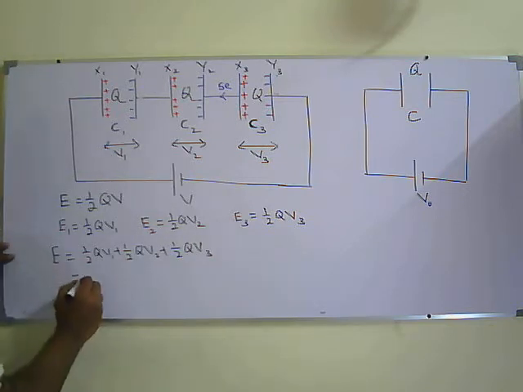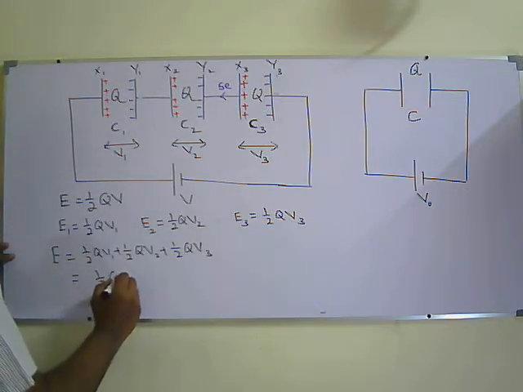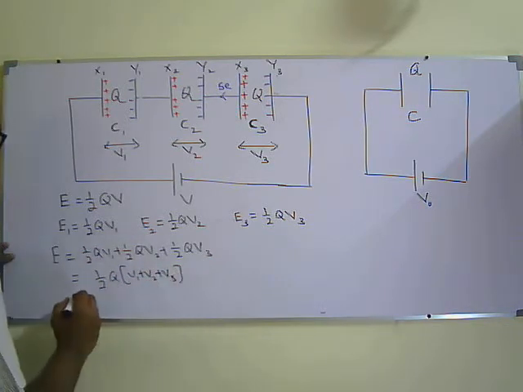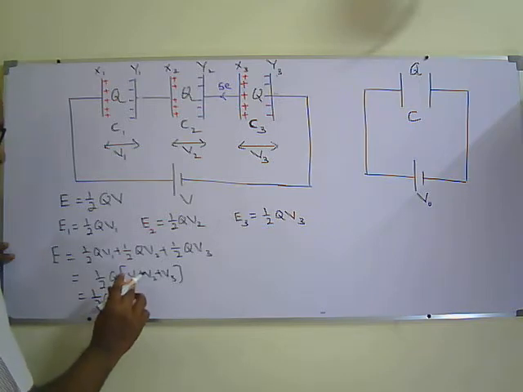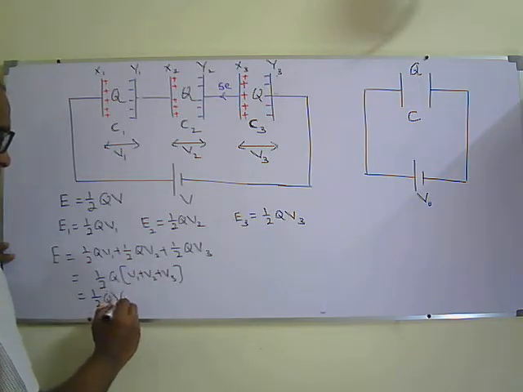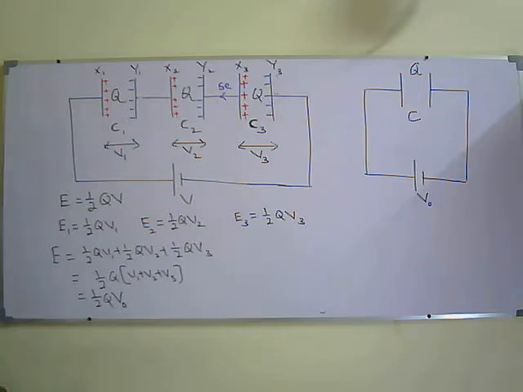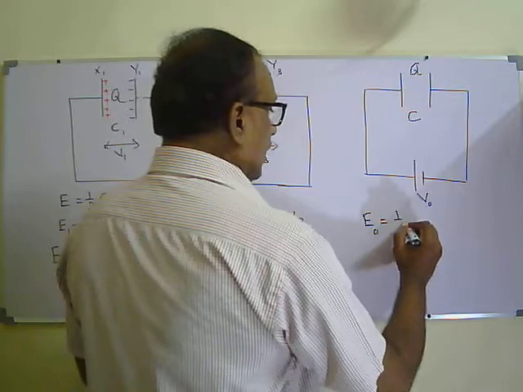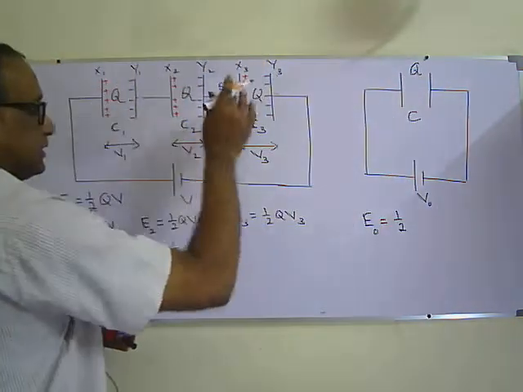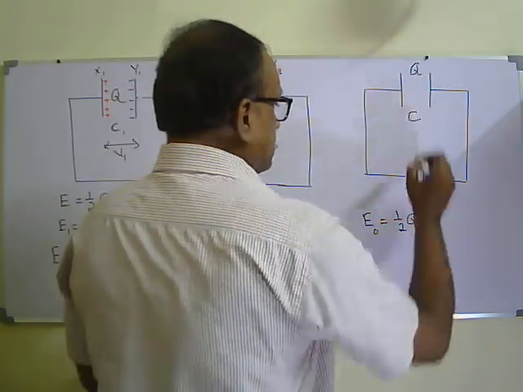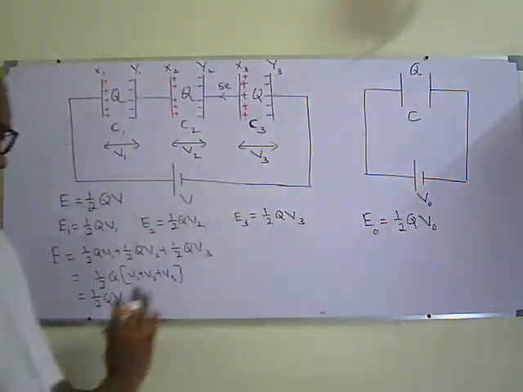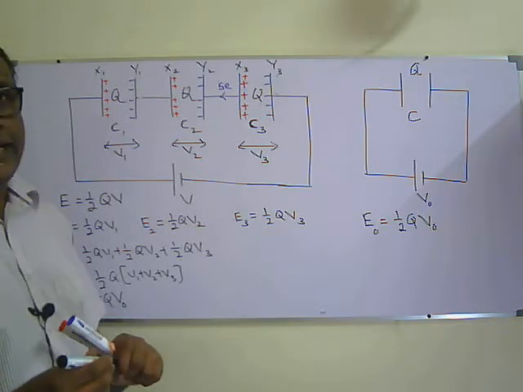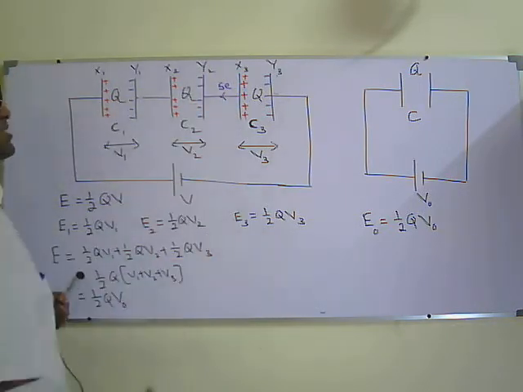So that will be equal to half Q into V1 plus V2 plus V3. That is going to be half Q, and V1 plus V2 plus V3 is equal to V0. Now, when you consider the energy stored in the equivalent capacitance, E0 is equal to half. It will carry the same charge, so Q, and the voltage across it is V0. See, both are the same. So that means the energy stored in the equivalent capacitor will be equal to the sum of the energy stored in the